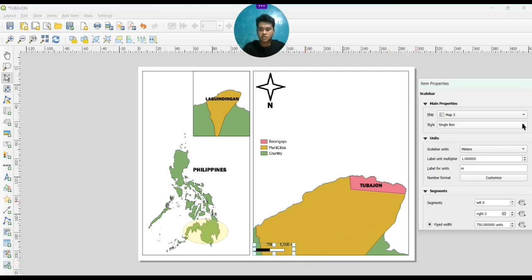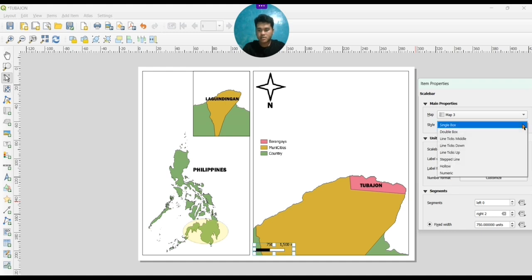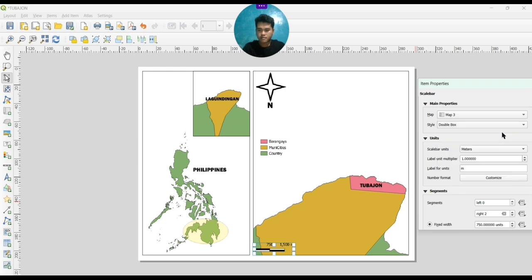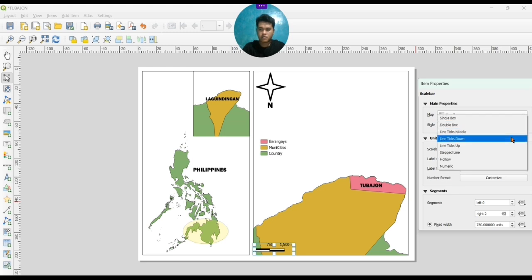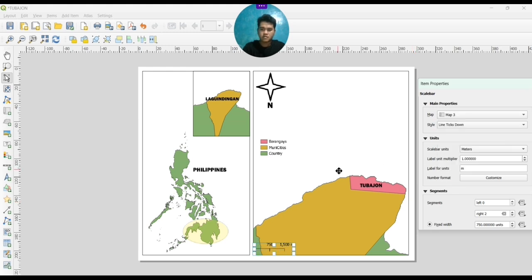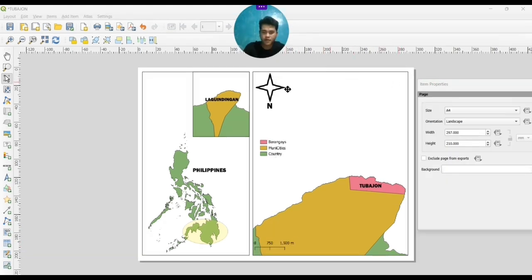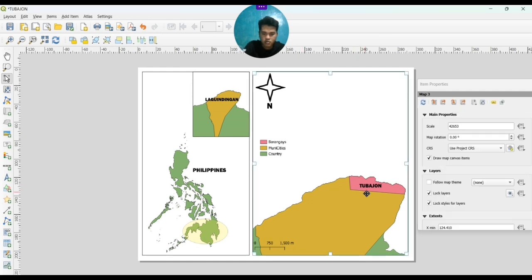So in that matter, I just select style and style box, and then I want to click double box or line tick down. So here, just click for one. Once you're done with the bar, then the coordinate tells you what is the meter distance from it. It is very important for a map.